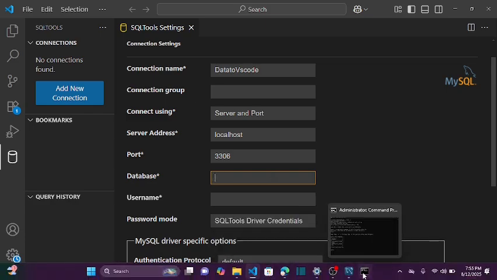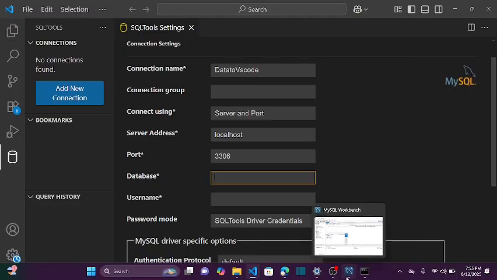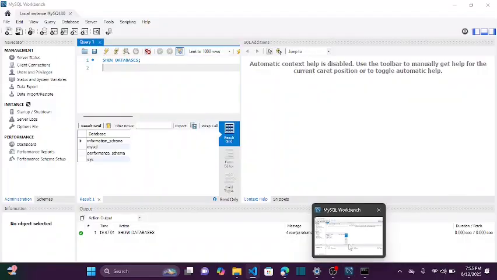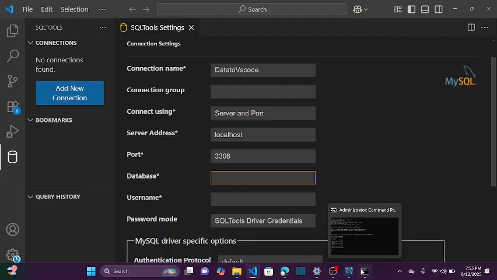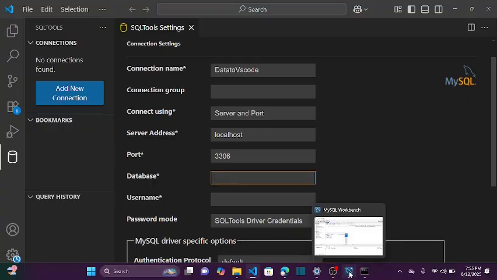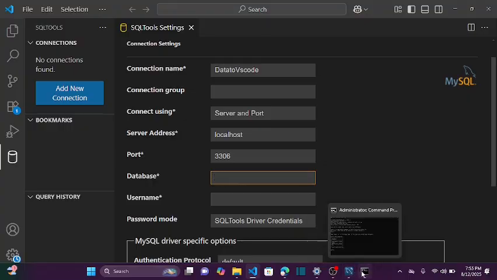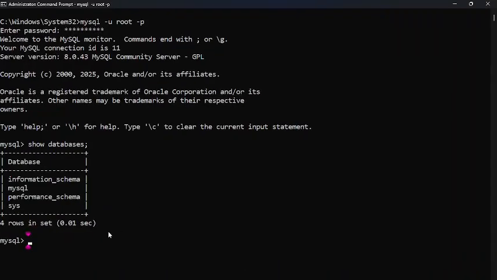So now, we either use our terminal or our workbench to create the database. Which one should we use? Actually, both do the same thing, and it's the same command we are going to run on both. Terminal. Okay, the terminal. You can use either of the two. Then let's say here: create